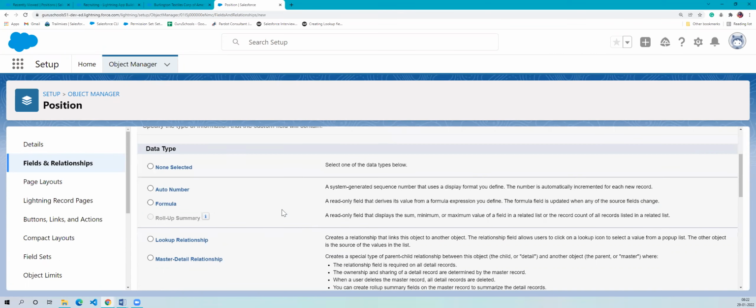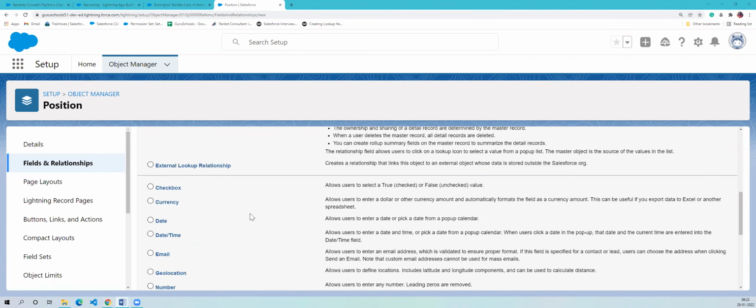Okay, now let's try to create a custom field for the position object. The first field we are going to create is status. Status can be anything, for example, new position, pending approval, closed, closed cancel, closed fill, something like that. Can anyone tell me which data type I should select here